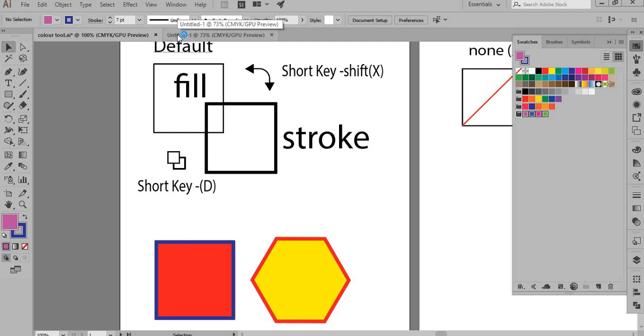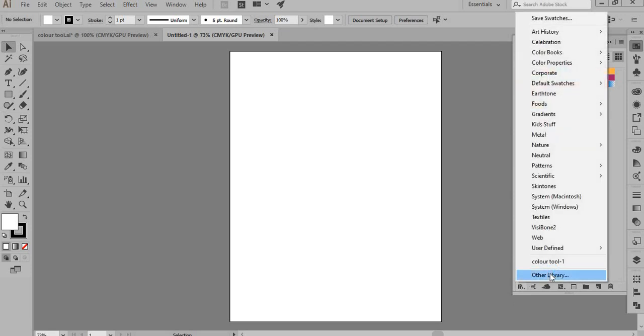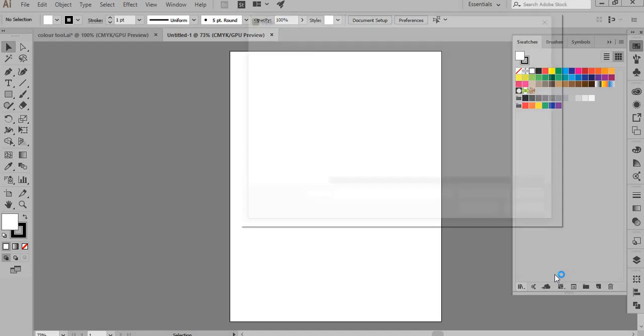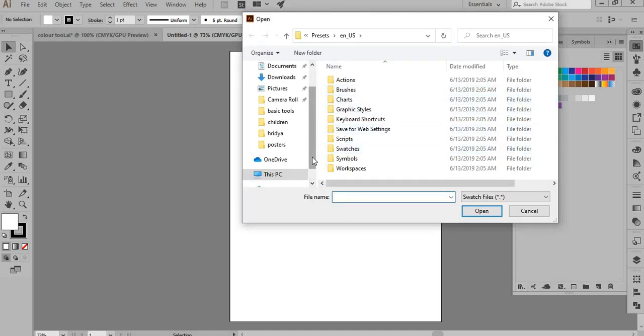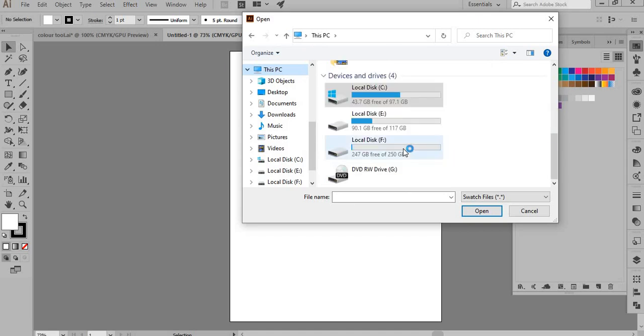You can go to the new file as well, and when you go to a new file, you won't find your old palette here, so you can just access it from the library. When you are using it quite often, it often comes here, color tool 1, or you can obviously go the old way, the original way of finding where your color is. So it's always good to maintain a separate folder for it.